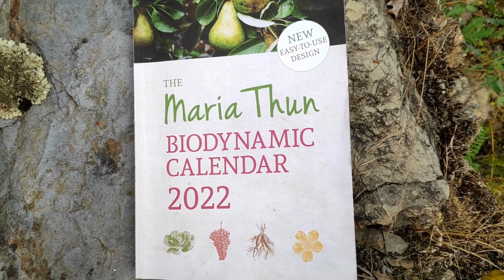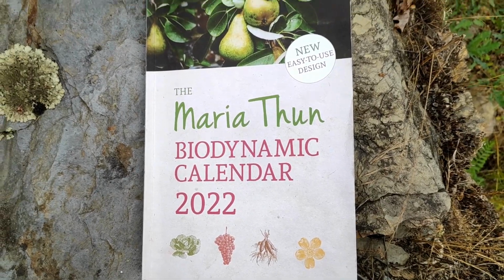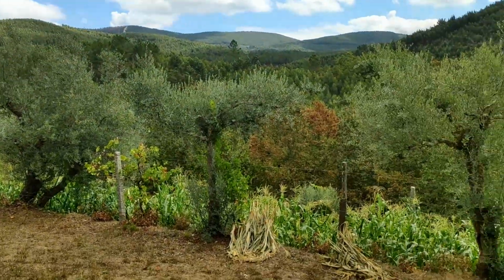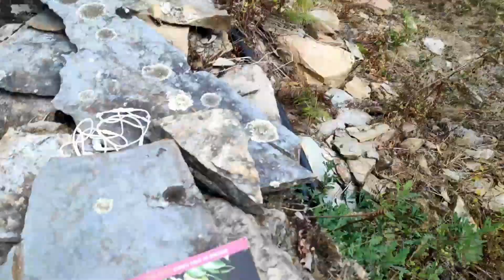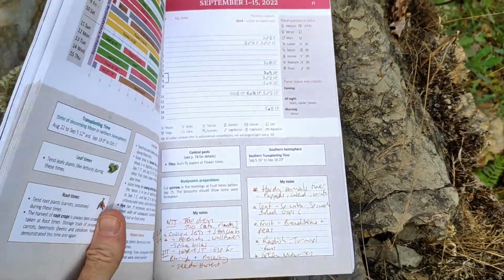Apologies if this video is a bit shaky, but I'm on holiday in Gondra in Portugal, so this is where I'm bringing you the video from. It's absolutely beautiful here. It's all the corn starting to be harvested. So if we take a look at September,